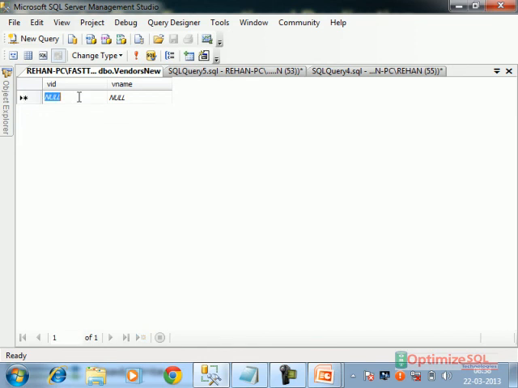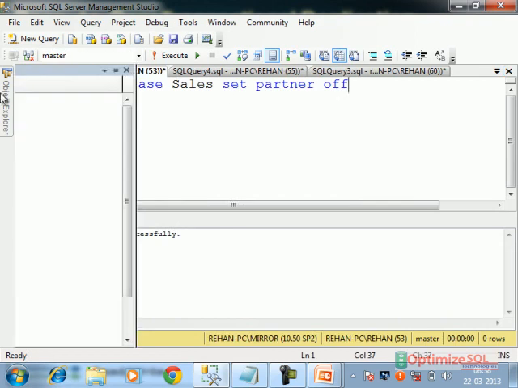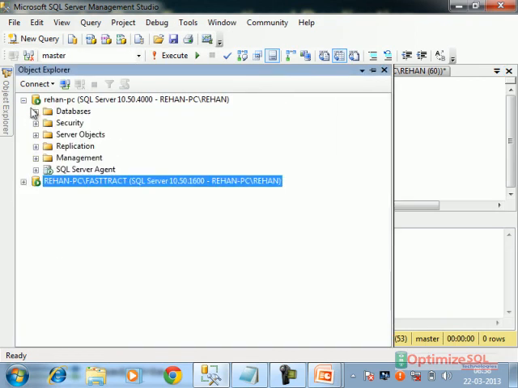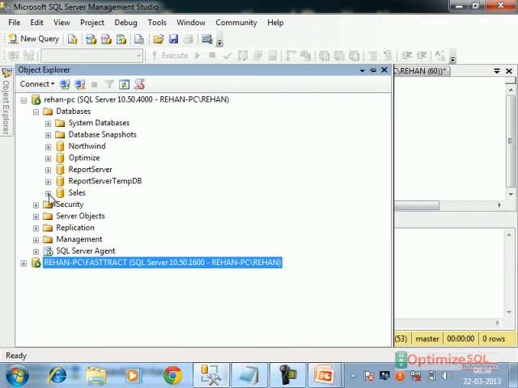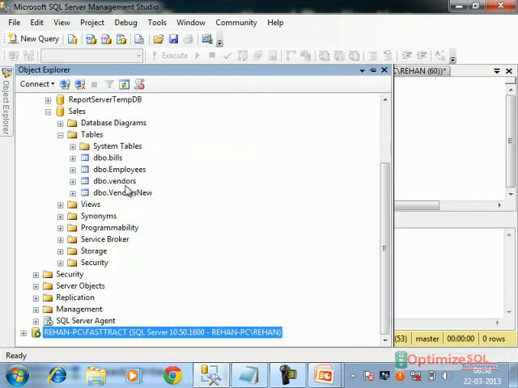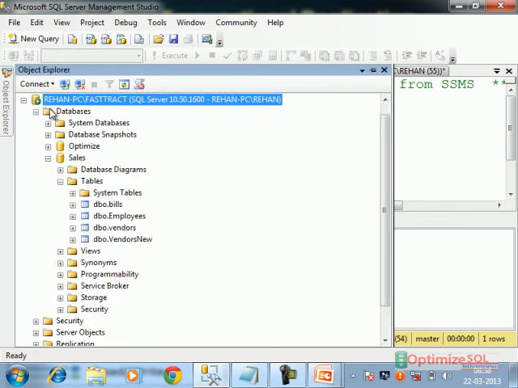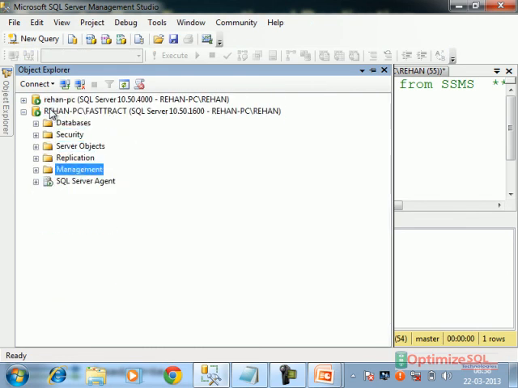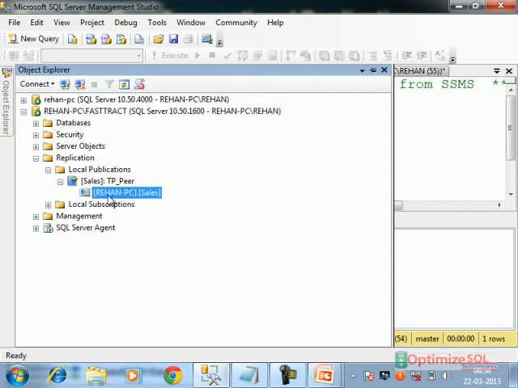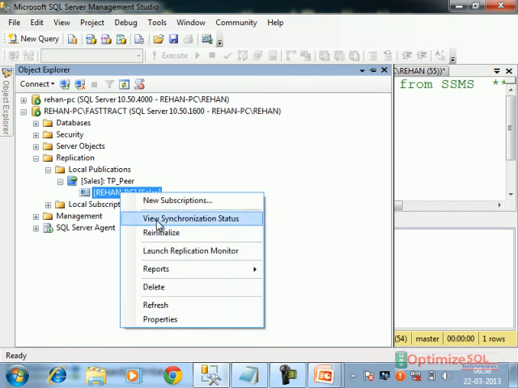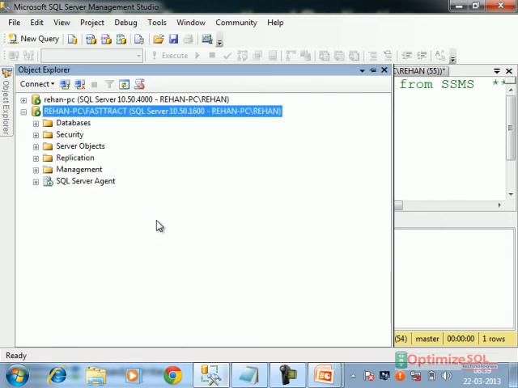Suppose I make some changes, these changes must be there in the other two nodes, if you have used two other nodes here. That's why if changes are not updated in any one node, the opposite node, what we can do is check here, same thing. Right click, view history, same thing. Maybe login problems may be there. Okay, so this is how the peer-to-peer topology is working.